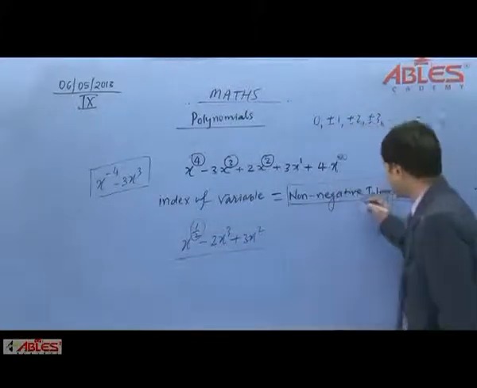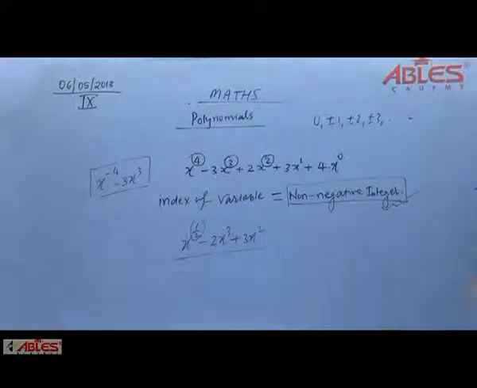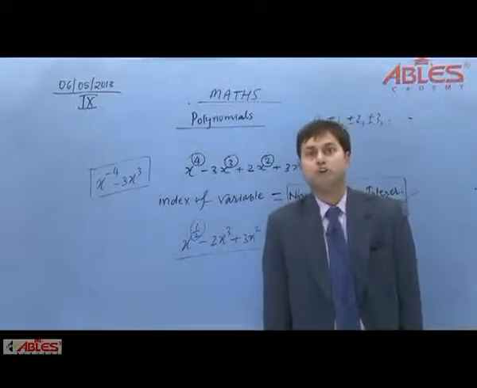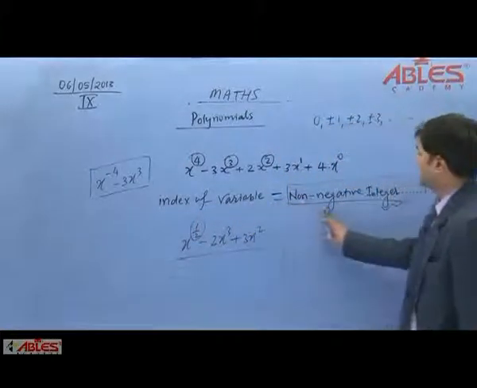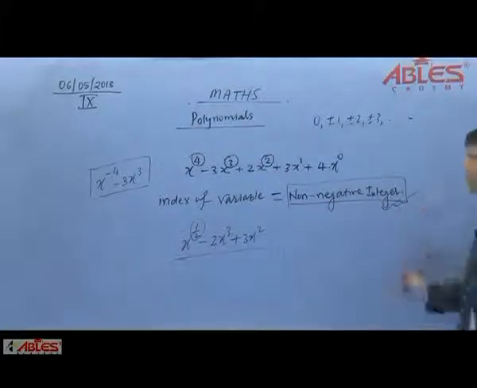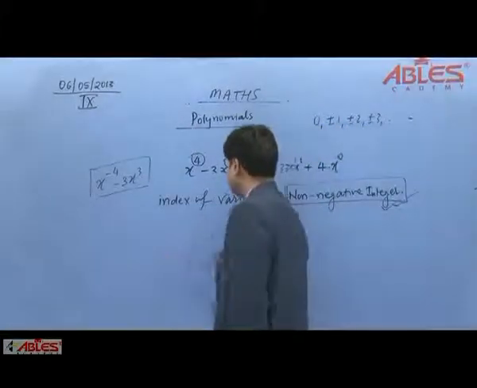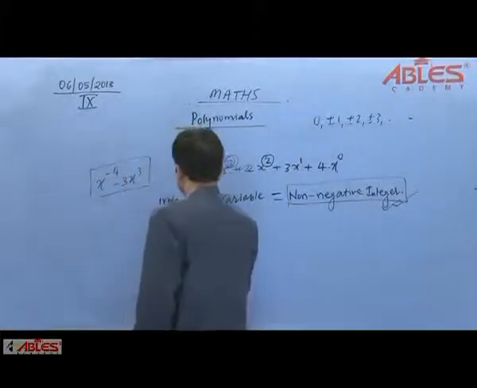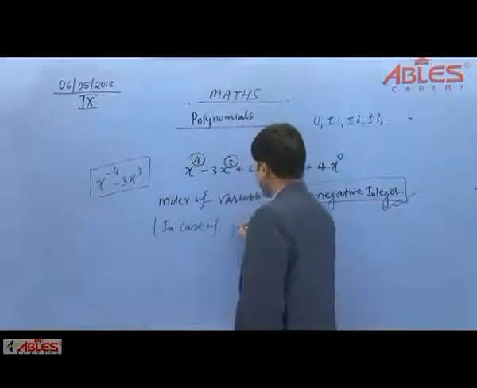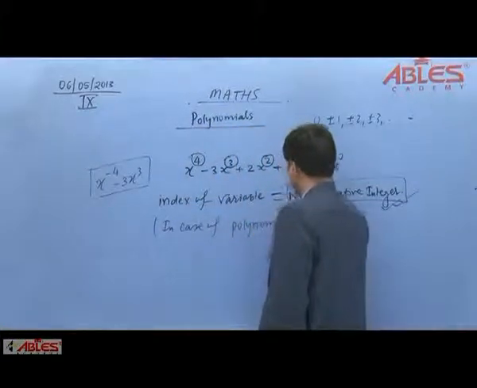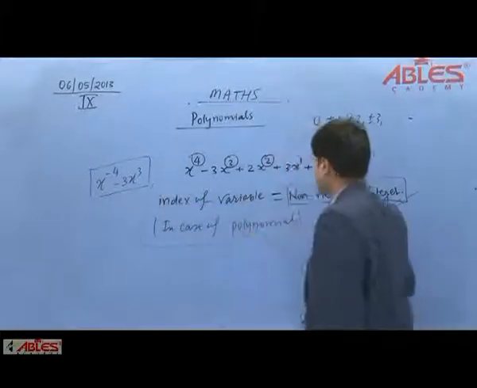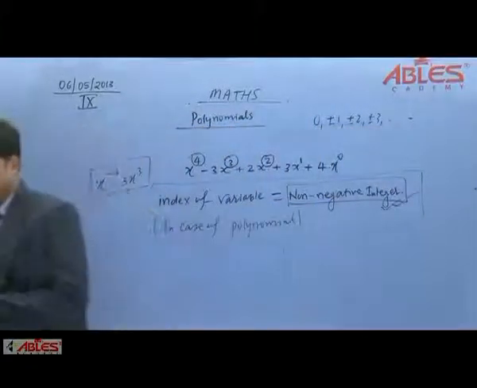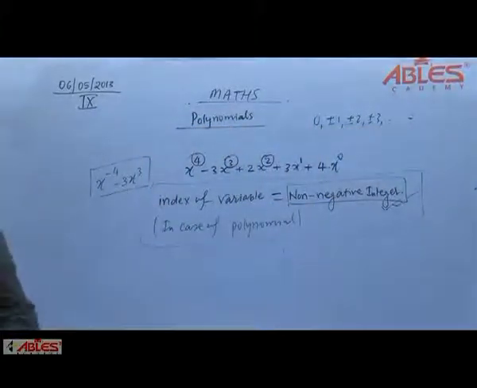Okay students, so it's a very important concept about polynomial checkup, that whether the given algebraic expression is a polynomial or not, that is, the index of variable equals a non-negative integer in the case of a polynomial. So you should note it, students. In the case of a polynomial, it's a very important thing that the index of the variable should be a non-negative integer. All of you can note these things here.